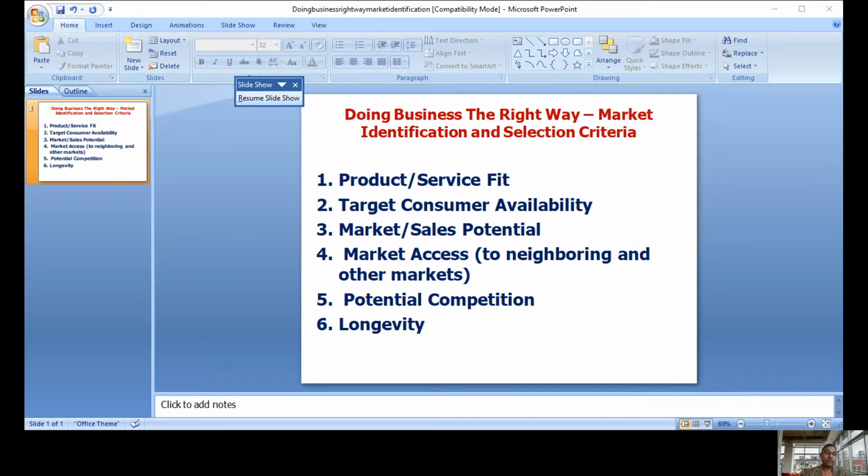So number three, the market sales potential, which is very crucial. Market potential talks about the growth prospects of the product category you are offering, or the service category you are launching. If the market potential shows an upward trend of growth, definitely that is the market you have to look for, because the market will have competitors. If the competitors can sell the product, then you, the new company, could also sell it.